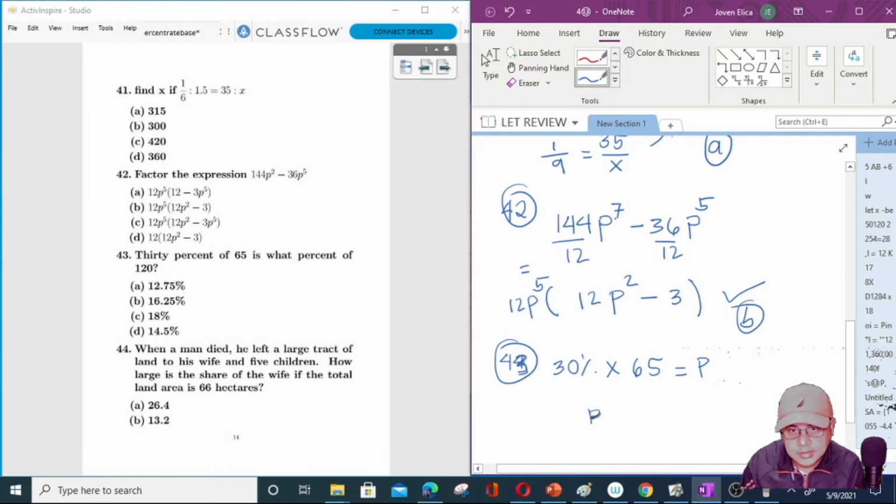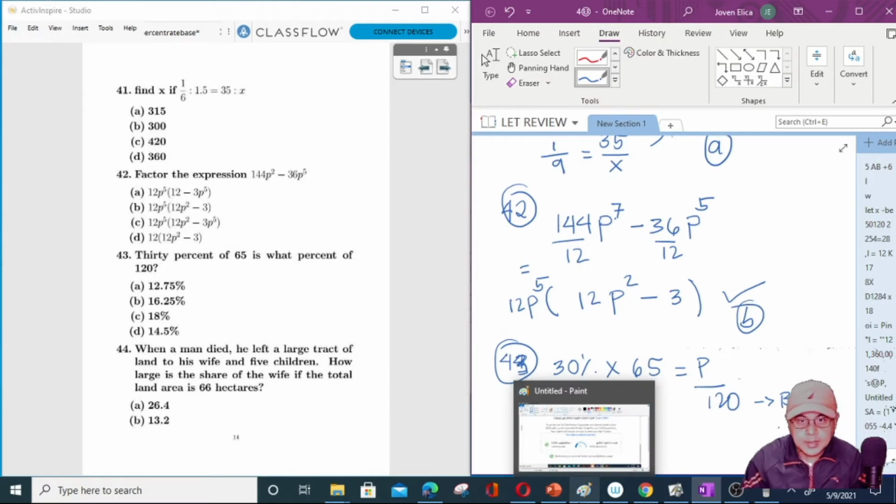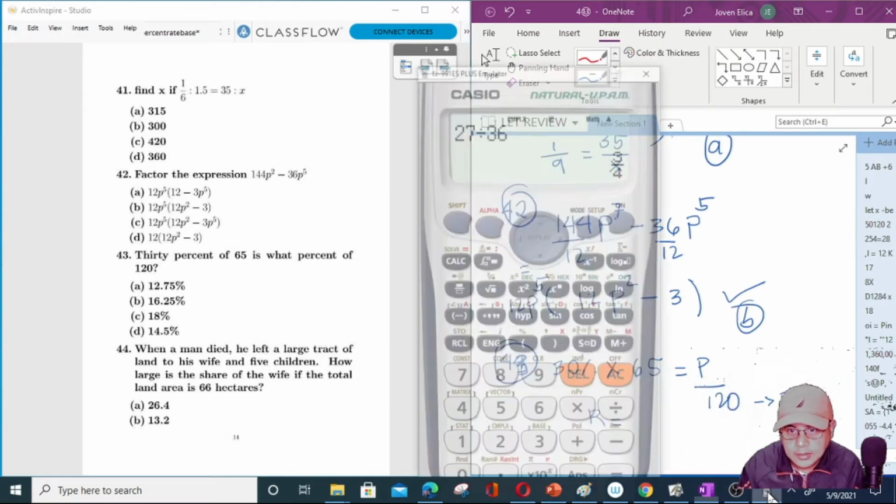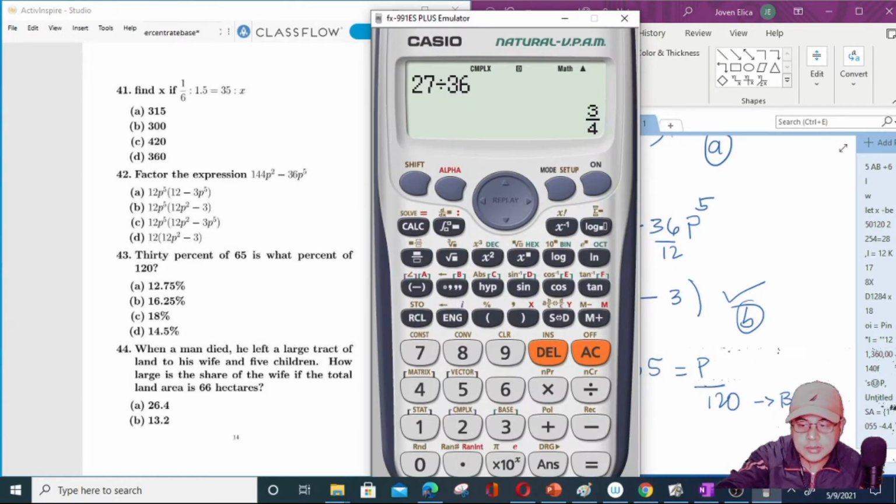So this is just R over 120. This is our B. So therefore, our P is